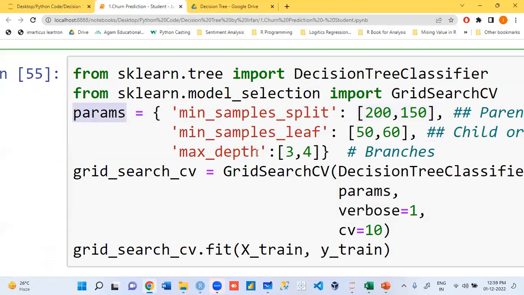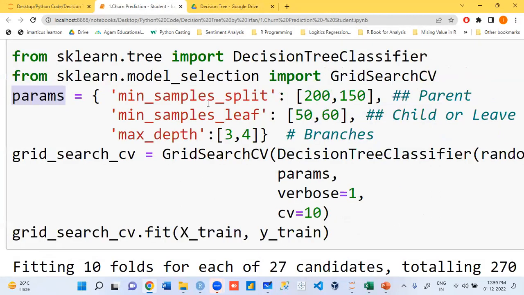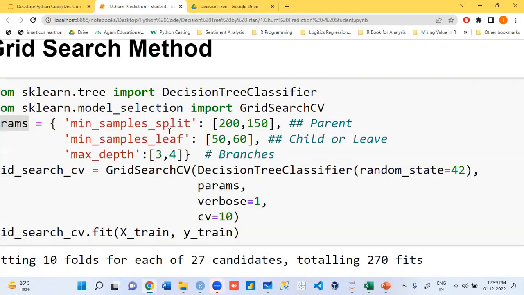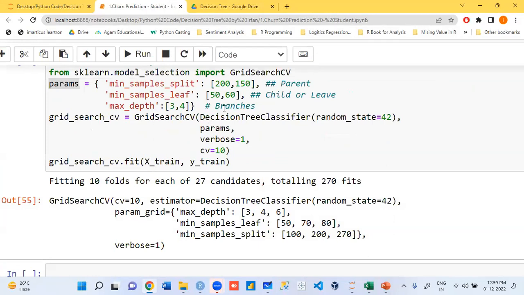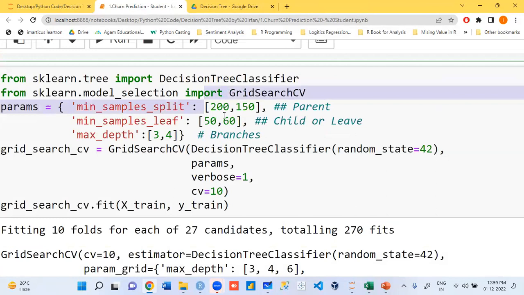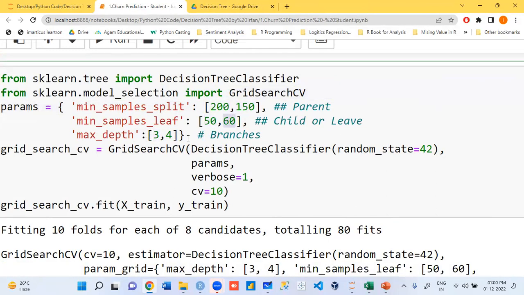Then 200, 50, 4. 2 twos are 4, 2 fours are 8. How many combinations will be made, guys? 250, 254, 204, 150, 50, 3, 150, 64. So 2 to the power 3 gives 8. We will have 8 unique combinations.